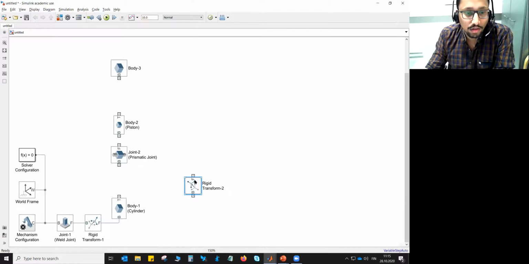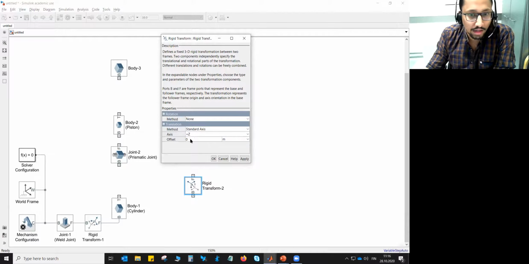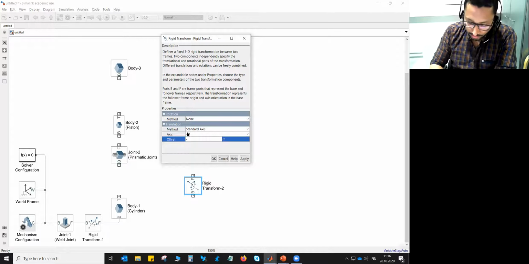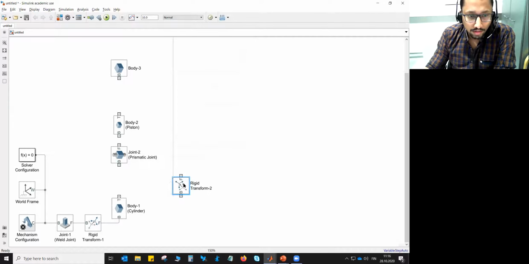We want this joint to be inside the cylinder along its axis. So if you double click this rigid transform, translational method, and in this translation standard axis method along the local z axis, this distance should be minus 0.35 meters, so 350 millimeter, and press OK.